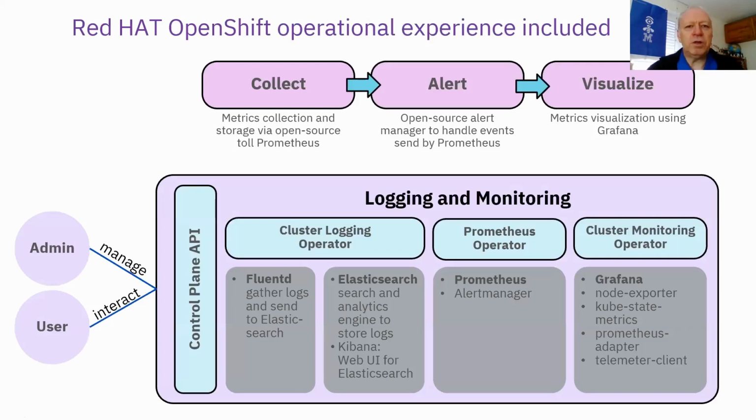Red Hat OpenShift gives you the capability to have operational experience as well. So you have logging and monitoring included in OpenShift. It gives you tools like Prometheus for alerting, Grafana for collecting and showing that, and Elasticsearch for analytics. So therefore, you have the most important tools available, but you can also externalize logging information, basically, if you